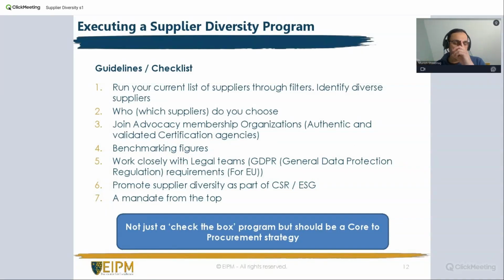Otherwise, I've seen a couple of cases where people are enthusiastic and want to work on the supplier diversity program, but they're a bit lost, and it becomes a bit of a mess in terms of execution. They may not get the right support internally. The data is not clear. Who are the suppliers to choose? That is not clear, and so on. So you want to set up a base. You want to create a preparatory base, take it as a launch pad, and then work from there.